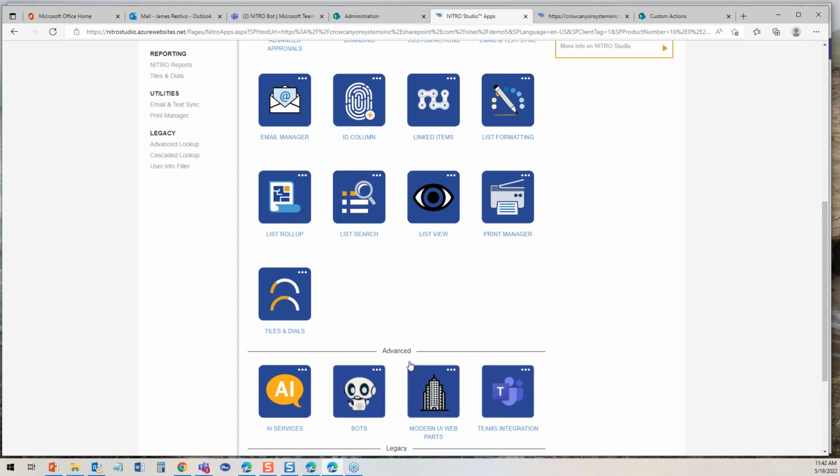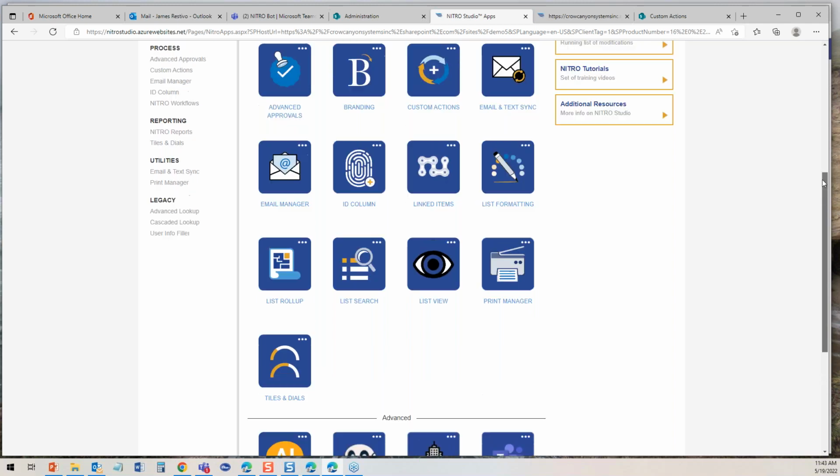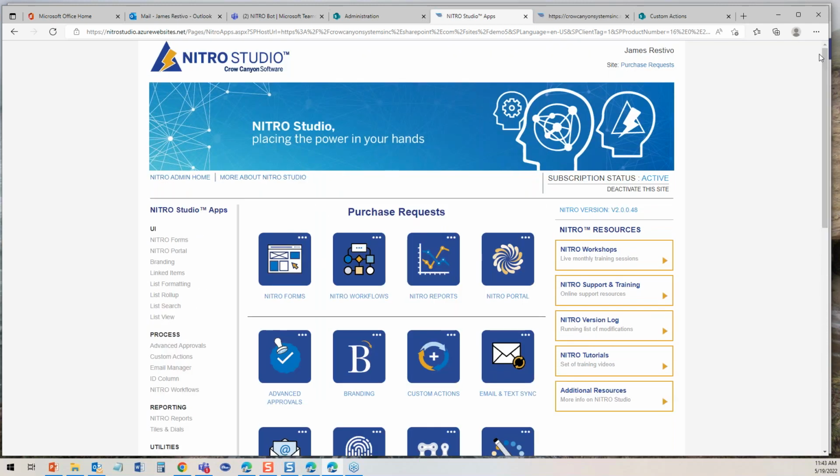And so if you're in the Office 365 world, you get AI services, bots, modern UI, and the Teams integration. And we're doing a lot more with Teams integration. So we're really trying to provide you a full range of business process automation possibilities. We have the out-of-the-box application, like say order from the menu, you get it, maybe tweak it a little bit. Then you also have the NITRO Studio, which we're looking at right here. And there's a lot to this